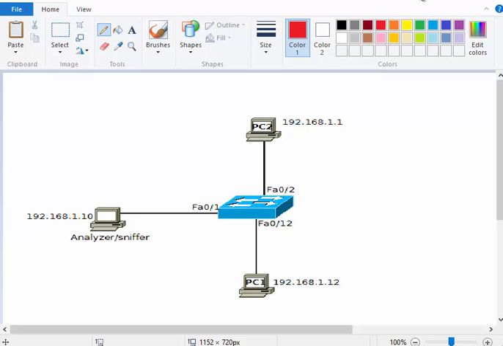Here we're going to review switched port analyzer, or SPAN, technology. SPAN will help you troubleshoot your switched network. And what SPAN does is take traffic on a particular source, whatever you specify, and copy that traffic over to